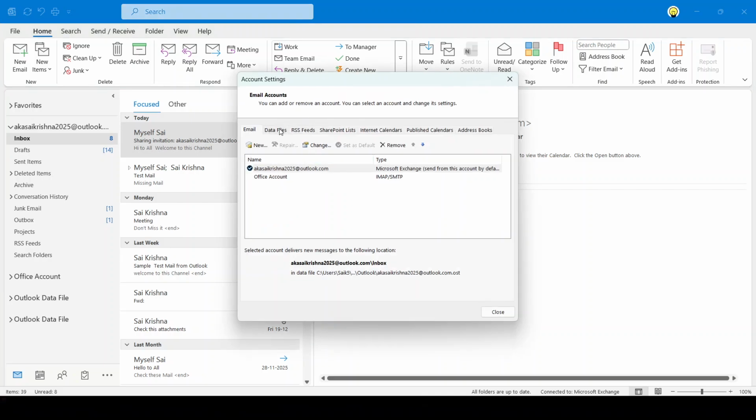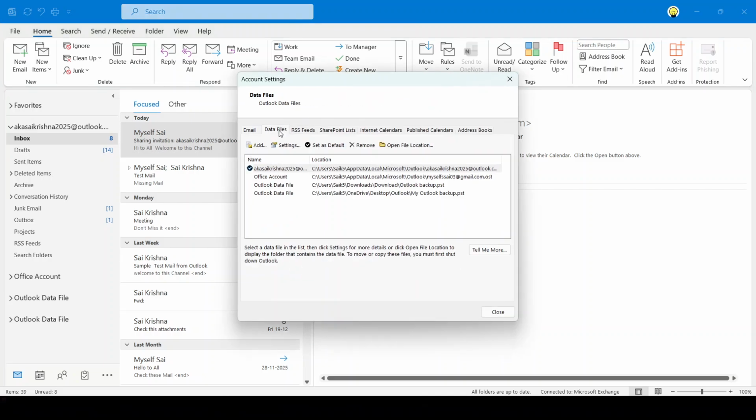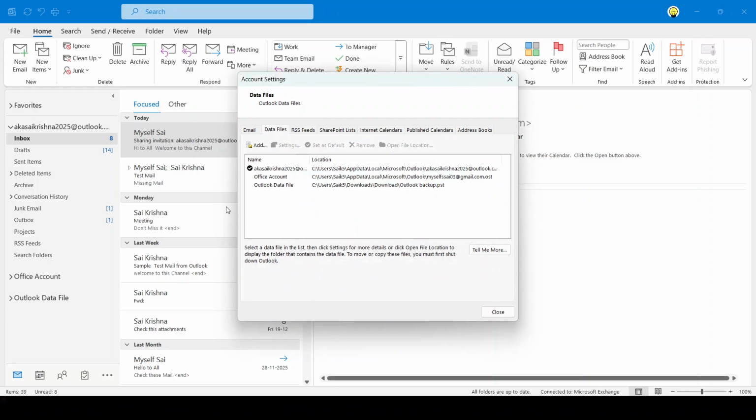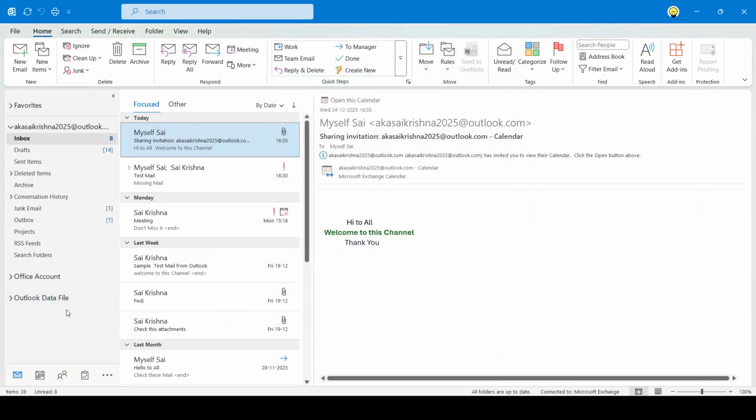Account Settings once more. On the Data Files tab, select the PST you want to disconnect and click Remove. Confirm by clicking Yes in the pop-up. This action only detaches the PST from Outlook, it does not delete the actual file from your computer. If you plan to archive or move it, you can do that later in File Explorer. If the Remove button is grayed out, make sure you didn't select the default data file that Outlook is currently